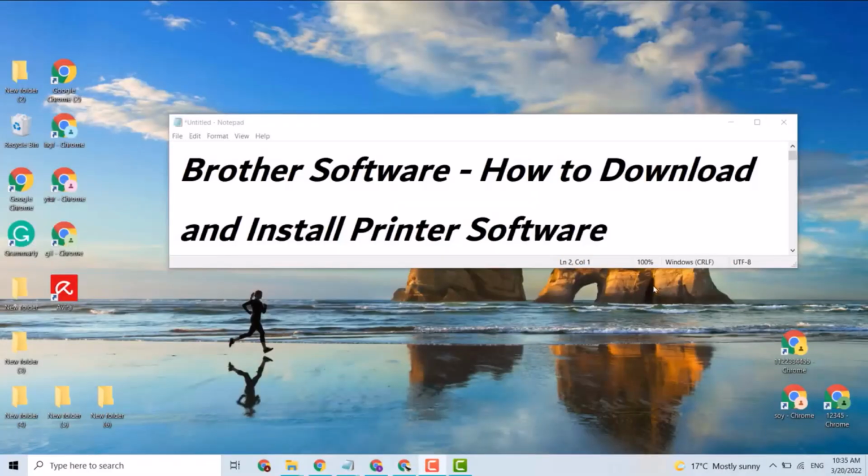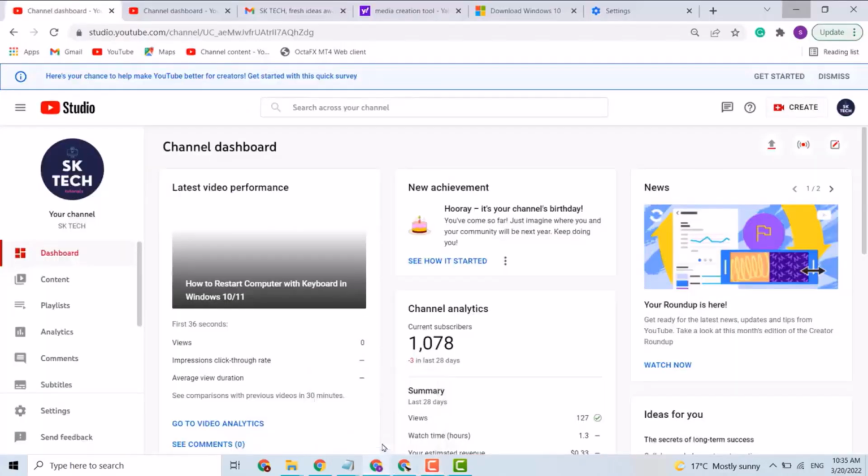Today in this video, I'm going to show you how to browse software to download and install print software. So it's very easy if you want to download and install printer software. It's very easy. Firstly, open any Chrome browser